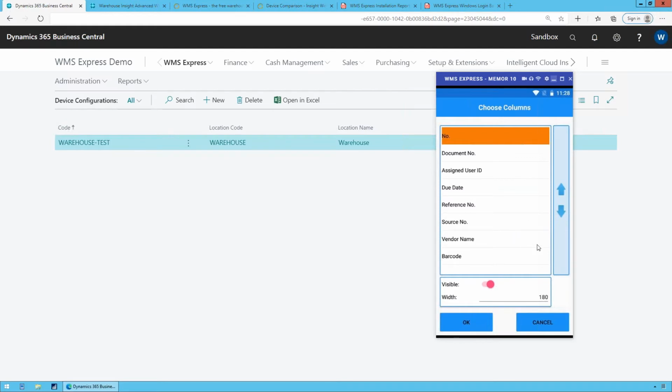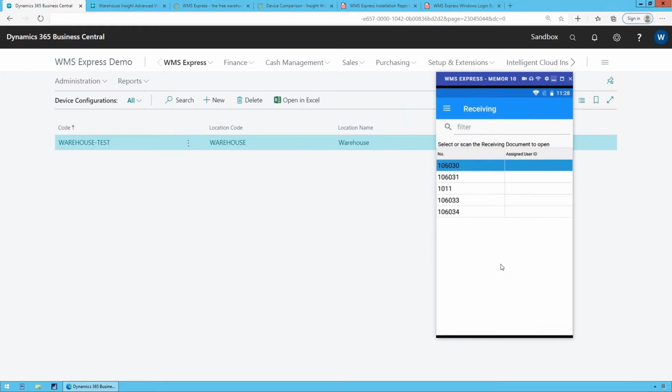Now, compared to the full Warehouse Insight, this is what you're stuck with. I shouldn't say stuck with. This is what you have available to you when you're doing the configuration on the handheld device. In Warehouse Insight, I could come in here and add whatever field I want, even if it's not in this list. But anyway, we can change the columns, you can change sorting, you can do all sorts of fun stuff. In my case, all I'm going to do is choose purchase order,